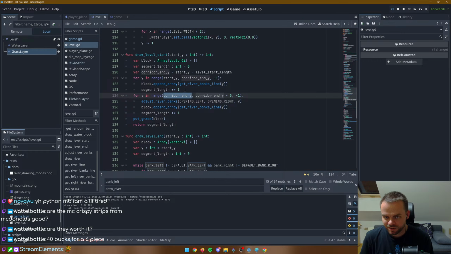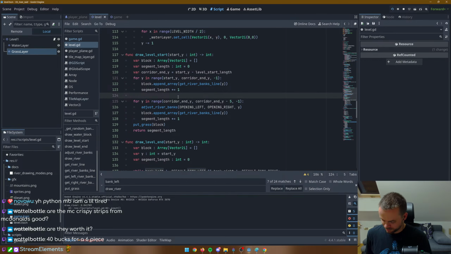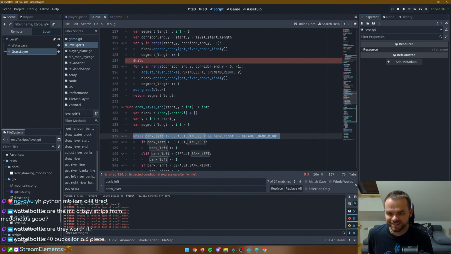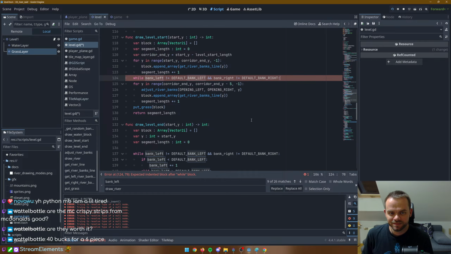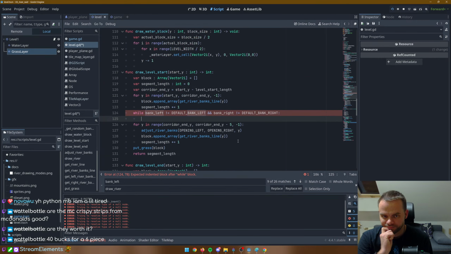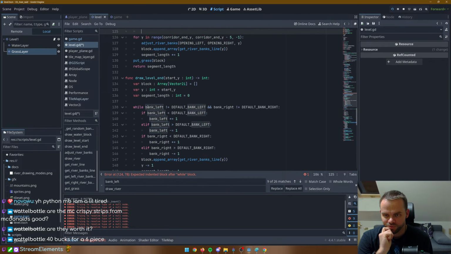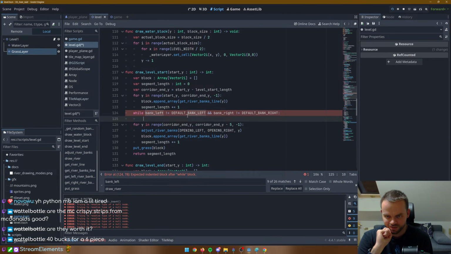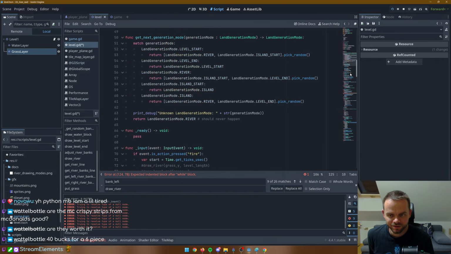It might be risky, but let's do a while. Something like this, but different. We could also have that condition moved into some function, but let's just... So we want to have